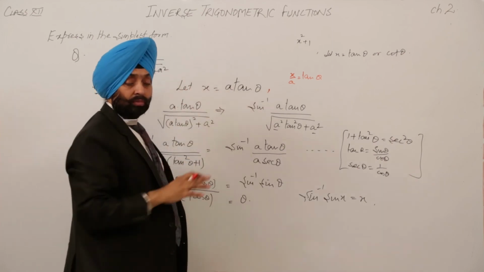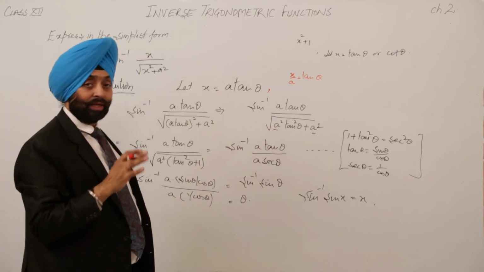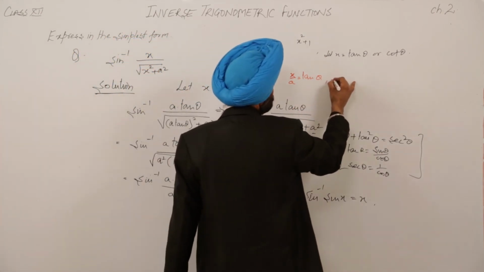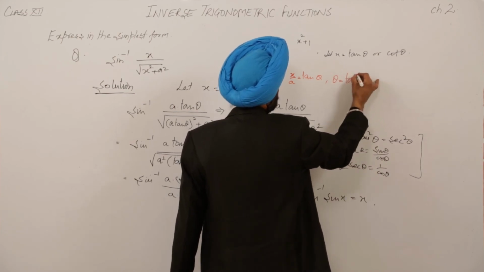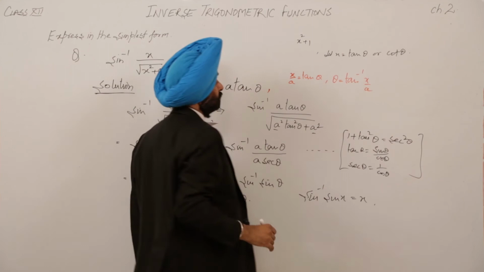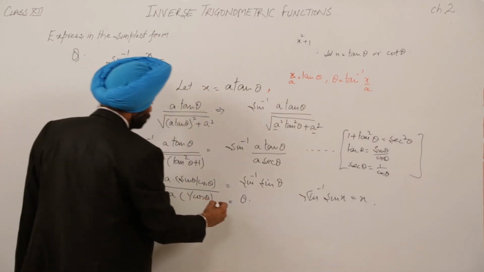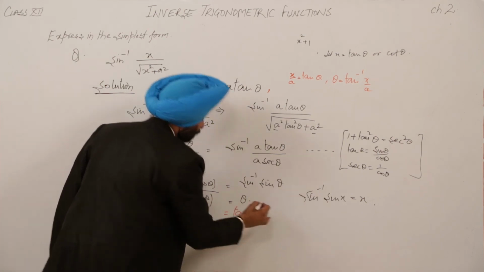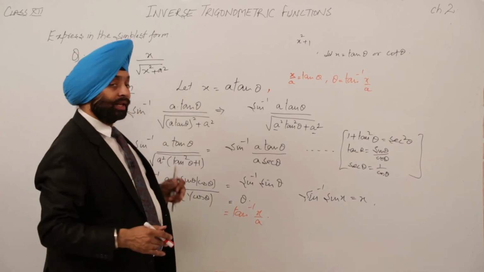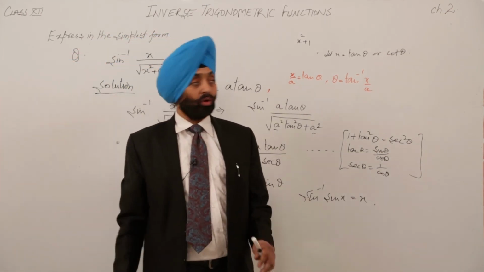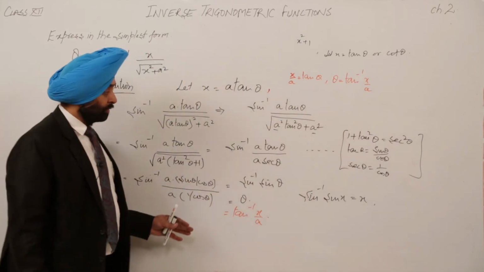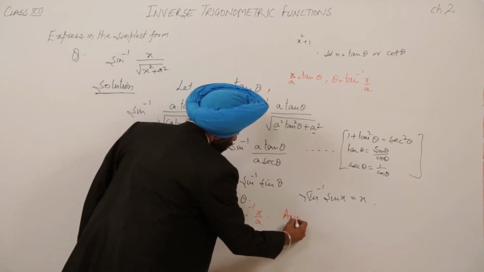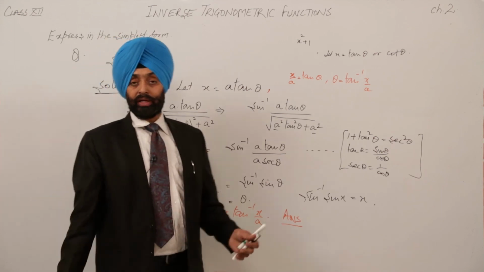Dividing both sides, left hand and right hand side, by a, we get x upon a is equal to tan theta. And what is theta now? Theta is equal to tan inverse x upon a. So our final answer is tan inverse x upon a. Sometimes students write 1 upon a tan inverse x, which is totally wrong. So for this very simple question, we get this as the answer, and mention the answer wherever it is required. Just write the answer here. Okay, so we will move on to another question.